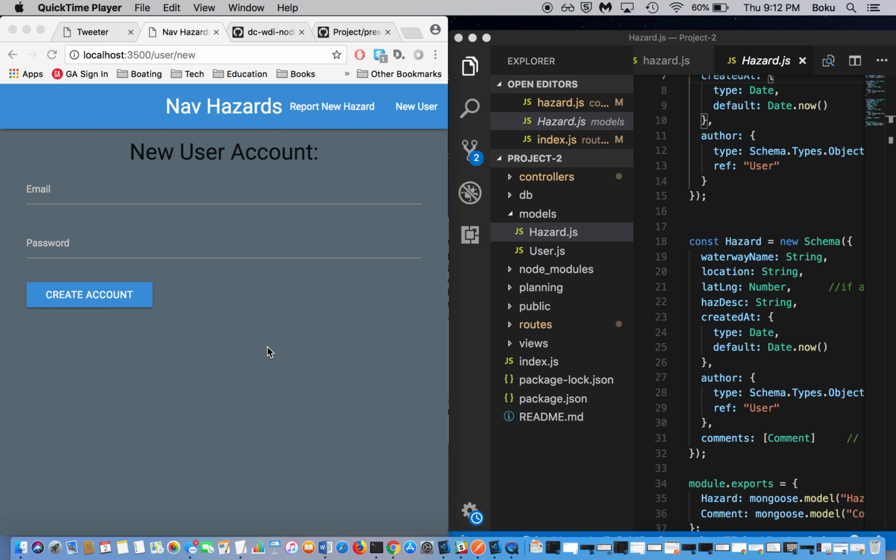I'd like to give you a quick overview of a new web application that I'm currently working on. It's called Nav Hazards, which stands for Navigational Hazards. And in this case, it's referring specifically to marine navigational hazards. These are the type of hazards that boats, ships, or any other type of watercraft might encounter while on the